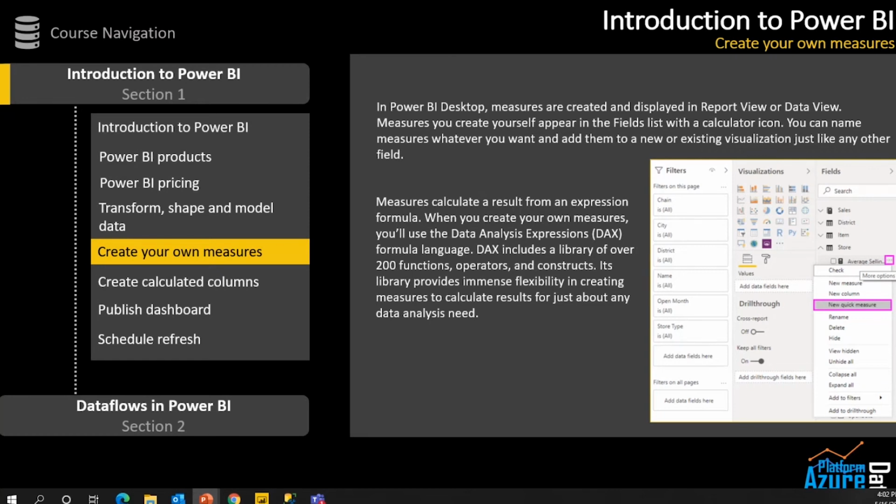Okay, and it's not very complicated. It's similar to Excel, but still there are certain situations when you are dealing with complex scenarios, then it might be a little tricky. So you have to be careful with that, and I'll show you in a couple of minutes how you can create a custom measure.